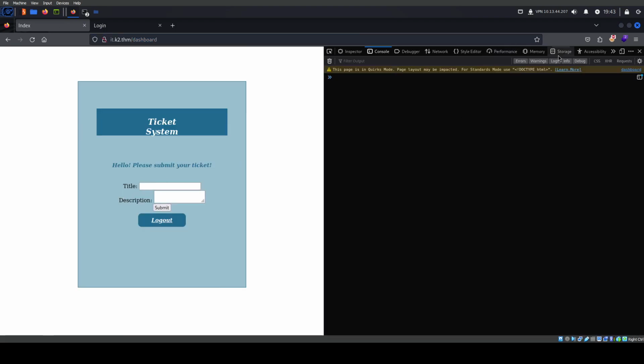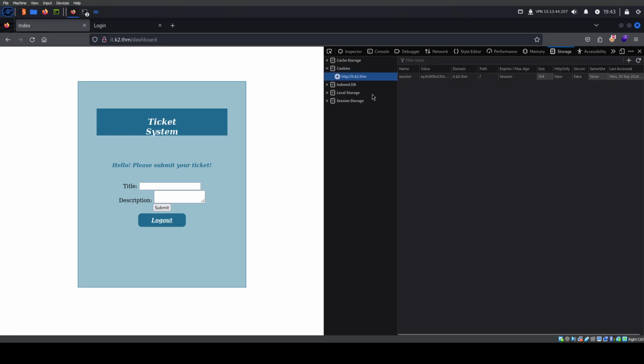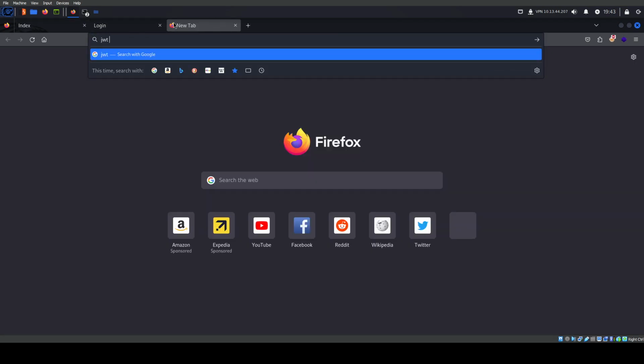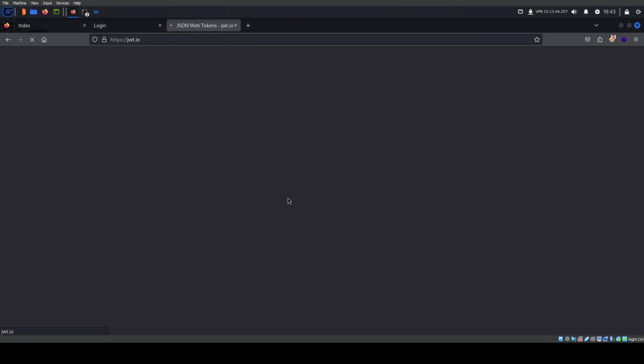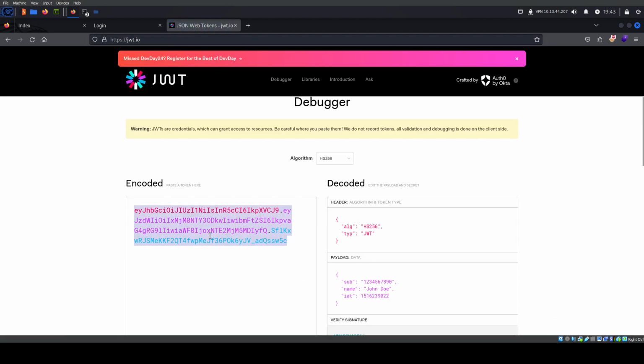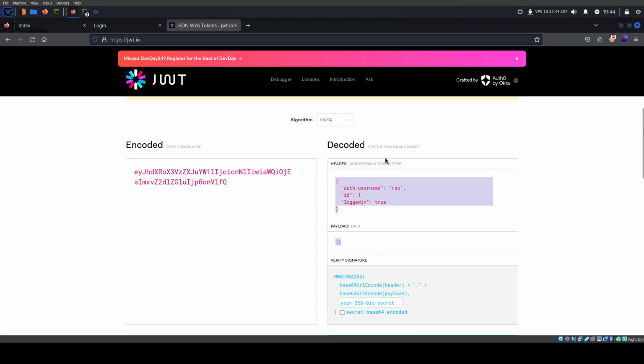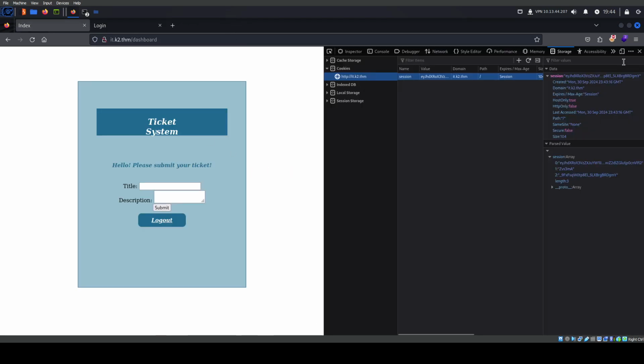the case. We can check storage to see what kind of cookie. So we have a Flask session ID. I can already tell you this is either a JWT or most likely Flask. We can verify by going to JWT.io, and they look very similar, a JWT token and a Flask cookie. But see, no payload data, and so this is most likely or definitely a Flask cookie. I mean, I know it is, but that's a good way to tell what kind of framework we're dealing with,